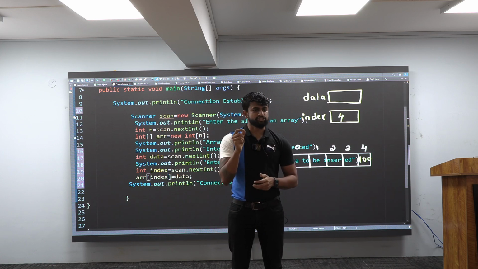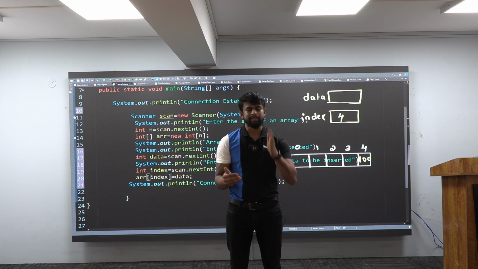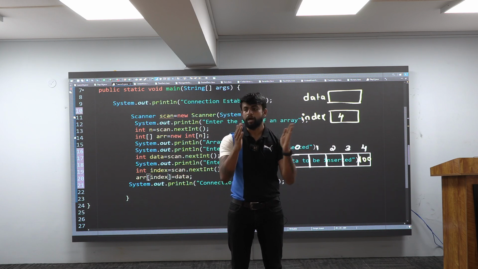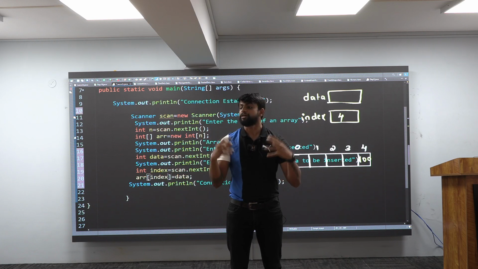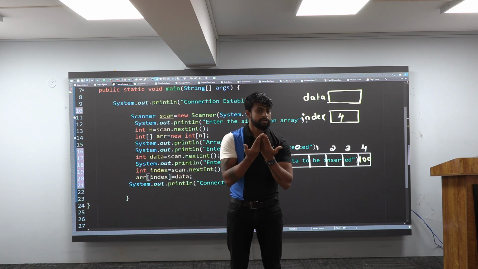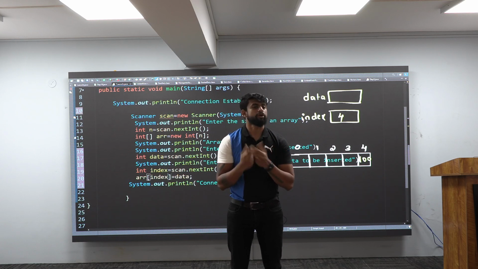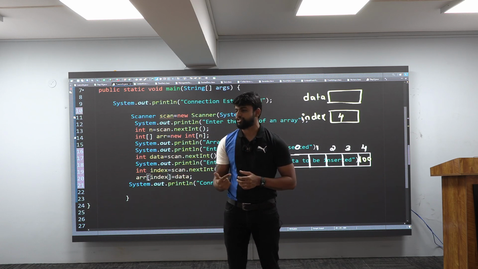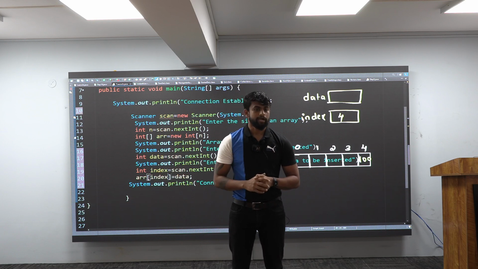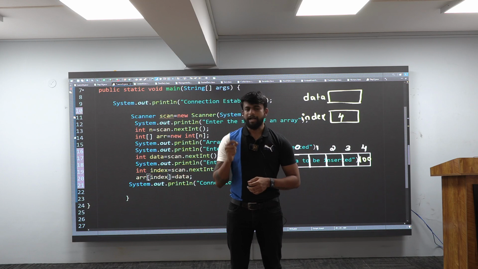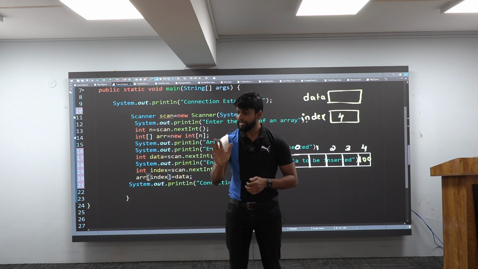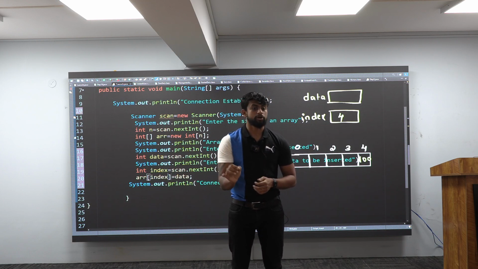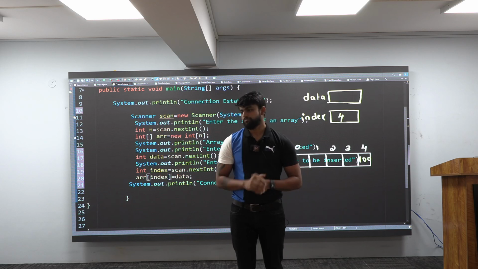Data structures is actually separate, and algorithms is separate, but they are never learnt as separate subjects; they are learnt together. That is why we call it data structures and algorithms. When you go to top-notch companies like Google and Amazon, they ask you questions not only on data structures but on algorithms also. What is an algorithm?